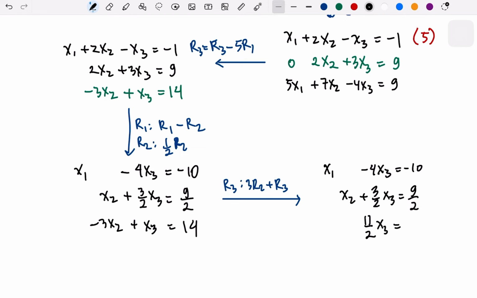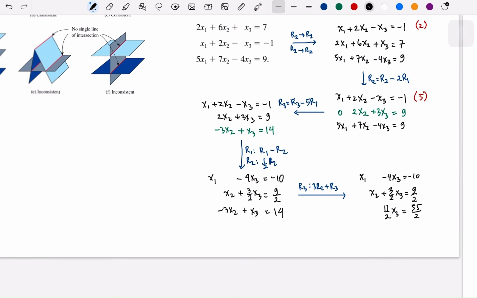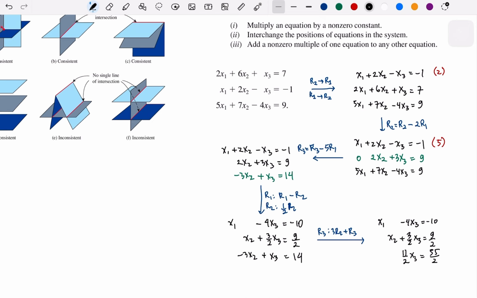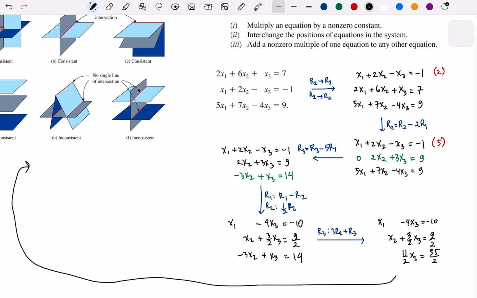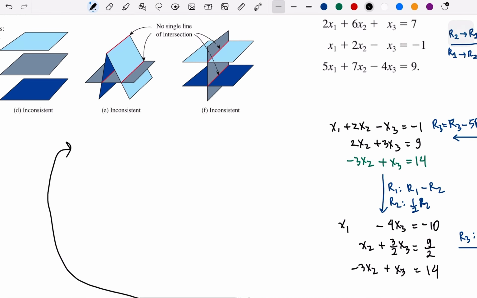And then 27 over 2 plus 14. 14 is 28. 28 plus 27 is 55. So 55 over 2. Now, we could see that we could simplify it. Let me move here. Okay. Now we can simplify the last one, so we can write x1